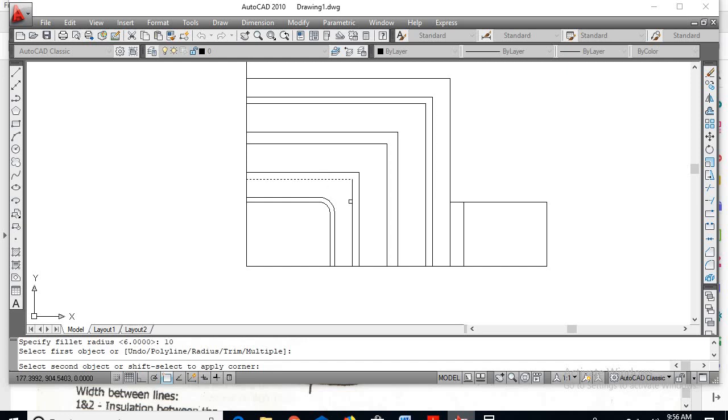So select these two lines. Next fillet, radius R, I'll go for 14, enter. Select these two lines.